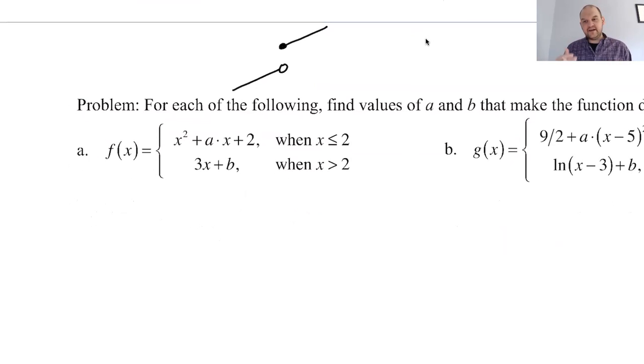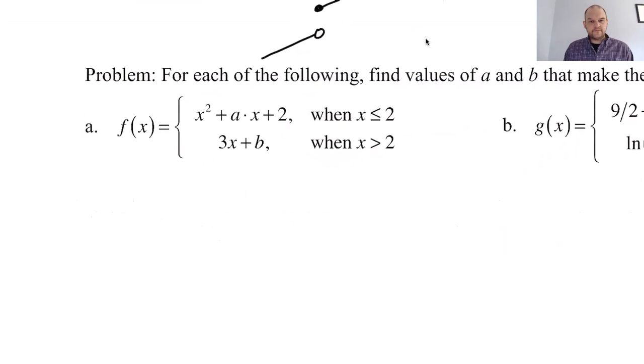The reason I highlight that is that we're going to have to force the function to be continuous, which means we need the limit to exist, the function to exist, and the limit to equal the value of the function. Once we do that, we'll take derivatives and do almost the exact same thing. So let's get into it and see what happens. All right, so I'm going to make it continuous, which means,